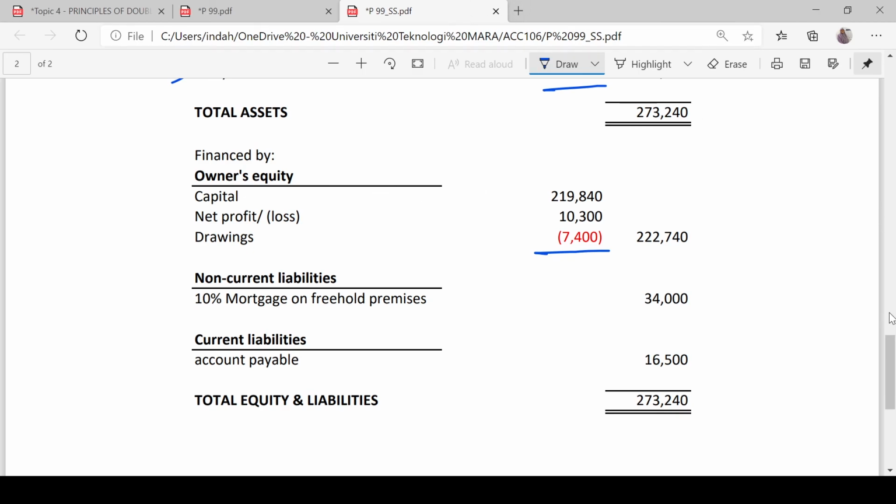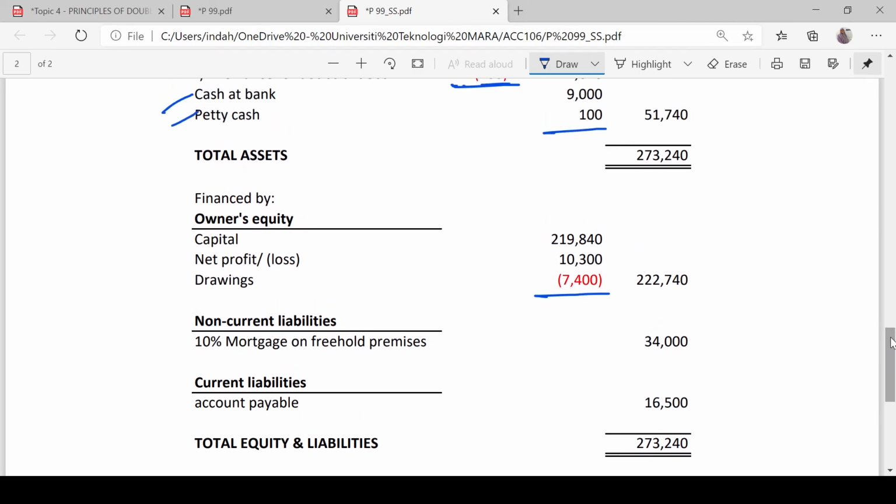The totals should be equal, because this is from the accounting equation where asset must equal equity plus liability. If you get an equal balance of total asset and total equity plus liability, it means your preparation of the statement of financial position is correct,